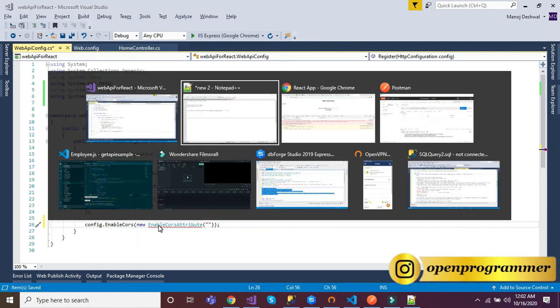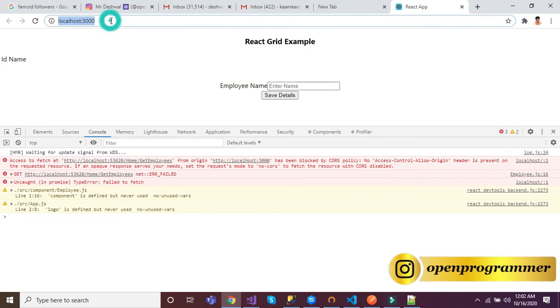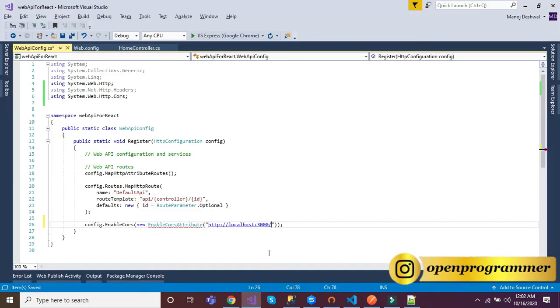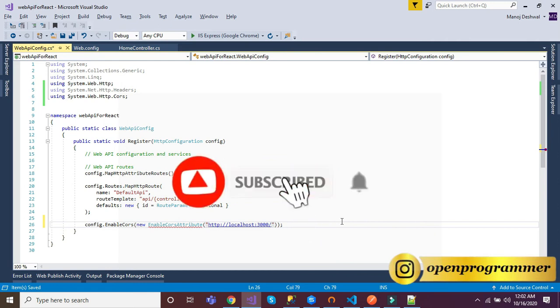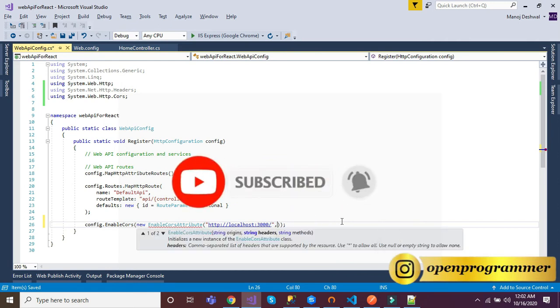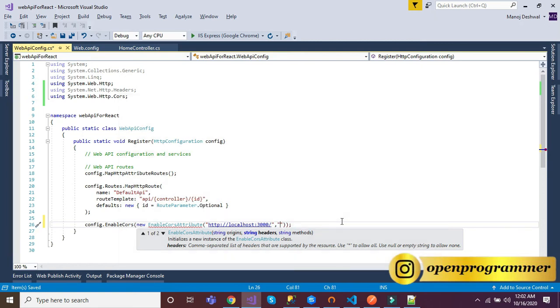So in our case this is our base URL, so copy it and paste it here. That is our first parameter. Second parameter is headers, like content type, Unicode type. So these are header types.